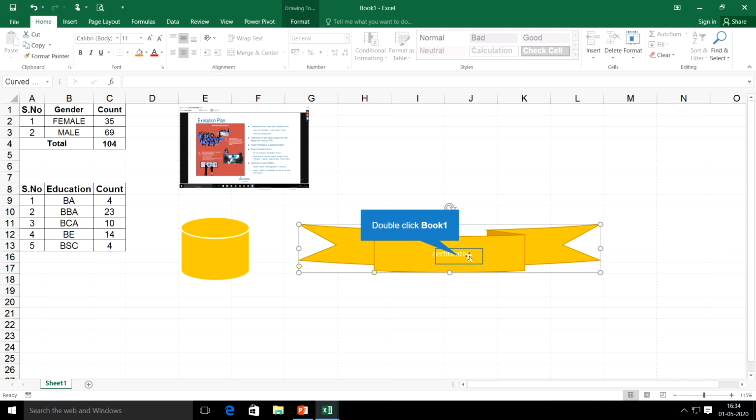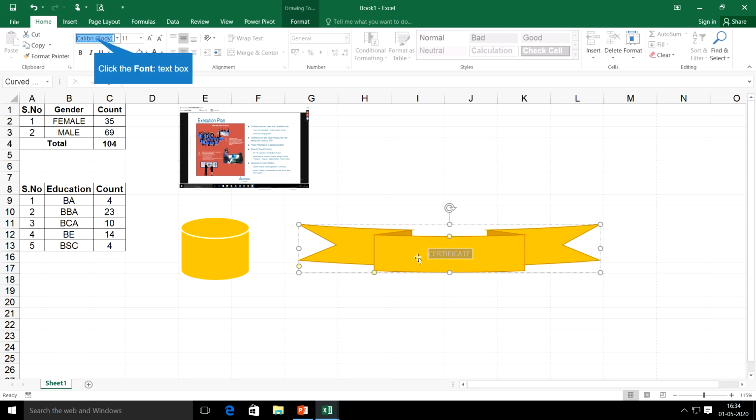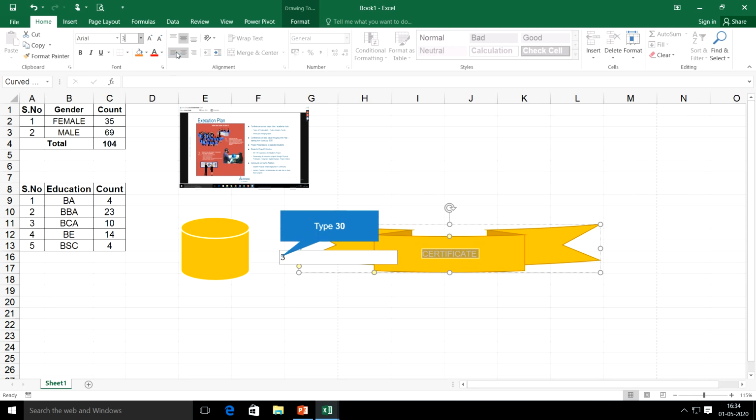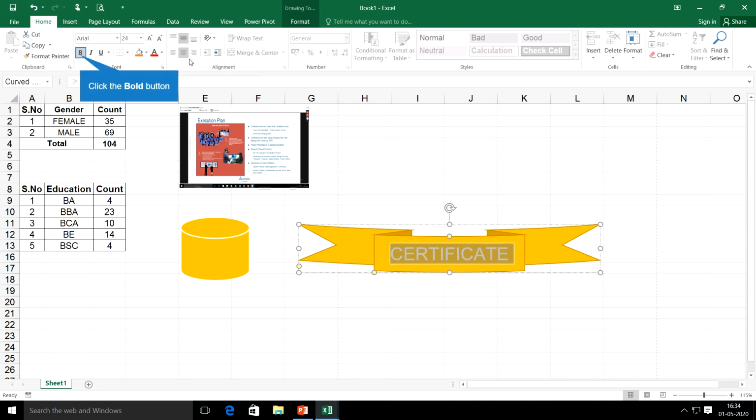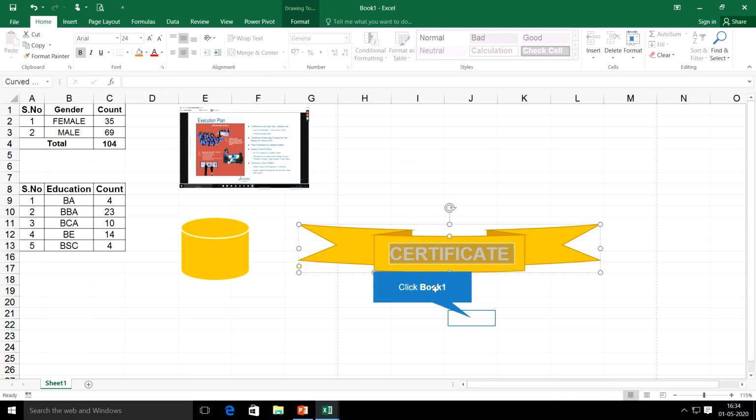Okay, so I need these letters to be in capital letters. To go with capital letters, here we can use the Shift plus F3 button, where all the small letters will be converted into capital letters, right? Shift plus F3 will help you convert the text into capital letters, or first letter capital, or capital letters to small letters. So I am changing the font style and increasing the font size to 30. That seems to be very big, so I can reduce it in this way, right?